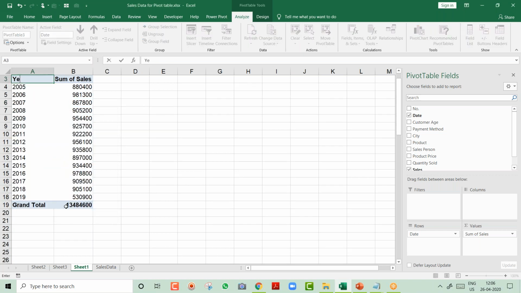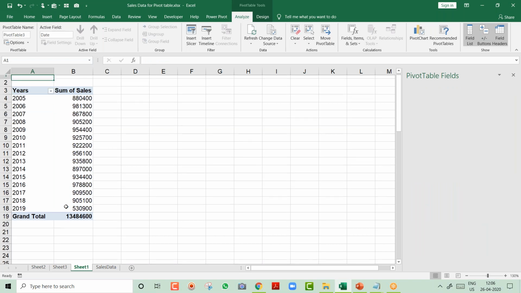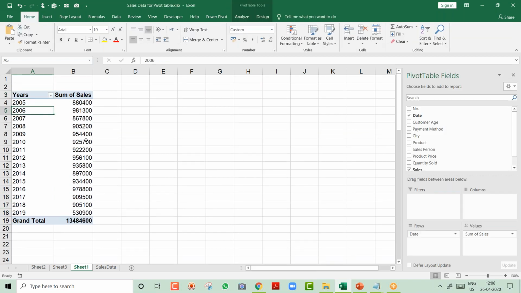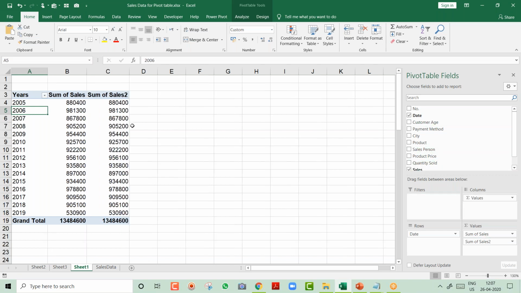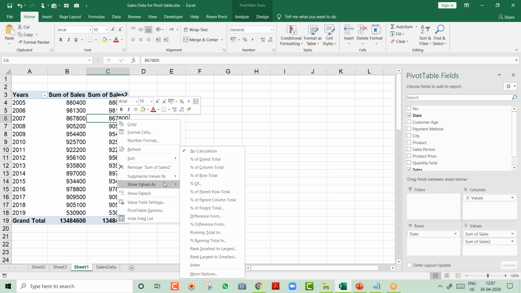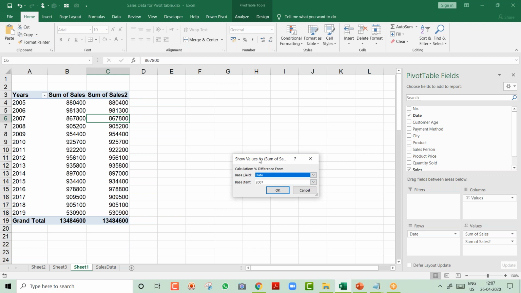Now you see one interesting thing, friends. This is very important. When I was working in the corporate, I used to give this report regularly to my management, whether sales are increasing or decreasing every year. So I take the sales, put it under the value, and here is your answer. Pay attention. I right click, I say show value as, and here is your option, percent difference from. One is difference from, friends. Here it will give you the number, but I want it in a percentage, whether my sales are increasing or decreasing. If increasing, by how much percent, decreasing by how much percent.